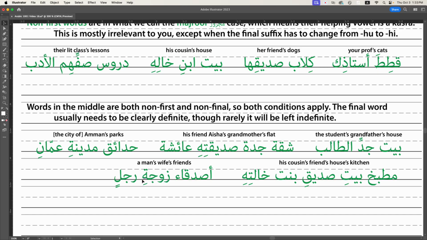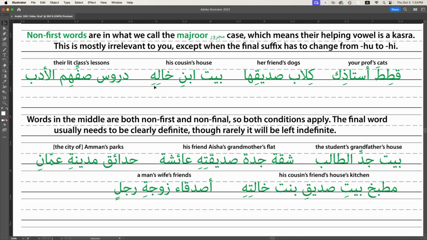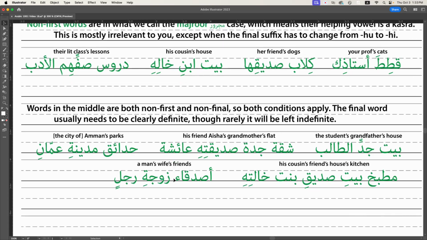What I want you to notice is that non-final words mostly have to look indefinite, and the final one is definite. And for the non-first words, they're going to mess with these suffixes for ho and hum and turn them into he and him for reasons that go back to classical poetry, and I'm not about to explain those today. Instead, I'm going to say ma